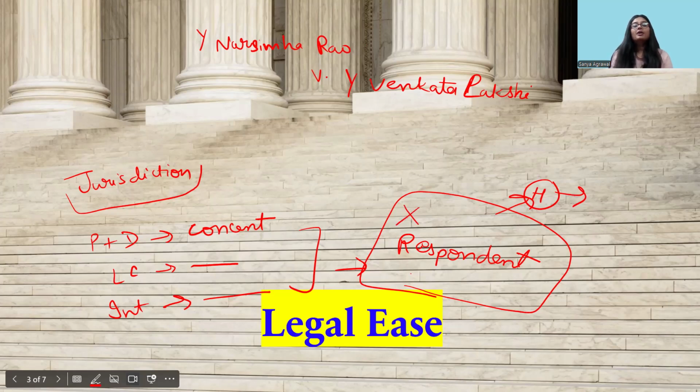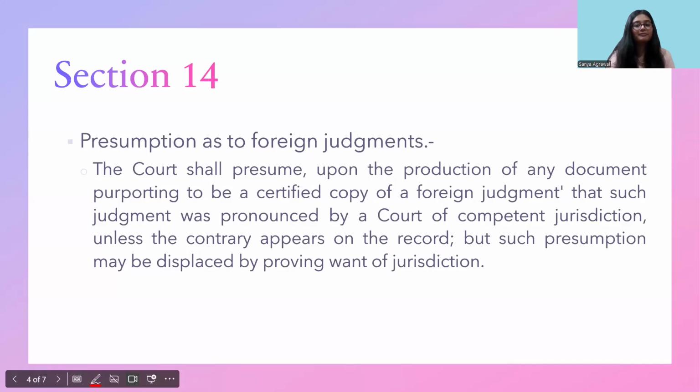Similarly, the other requirements or the other essentials were also discussed in this case. I've already talked about each and every essential and the requirements under it. So if those essentials are not fulfilled, or if it falls under any of those exceptions that are provided, that is A to F, then in those cases the decision will not be considered as conclusive and it will not be barred to file the same suit in India, and res judicata will not be applicable.